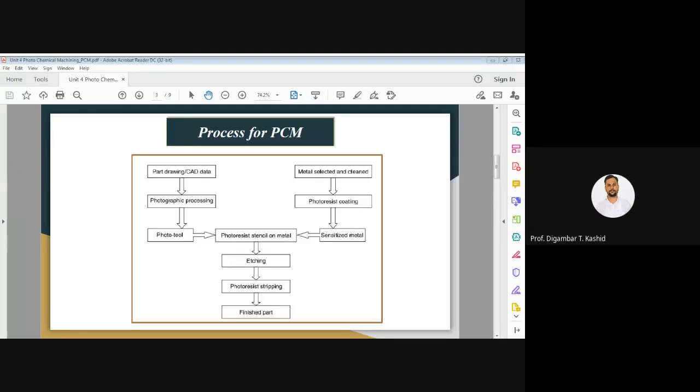So those who have written a roll number and those who have written the steps of the process of PCM, they can leave this meeting, no problem. Okay, so I think all of you have given attendance. So today, up to this point, we'll stop here.